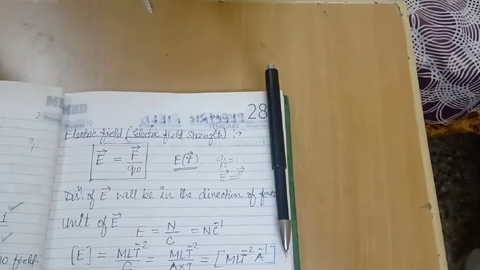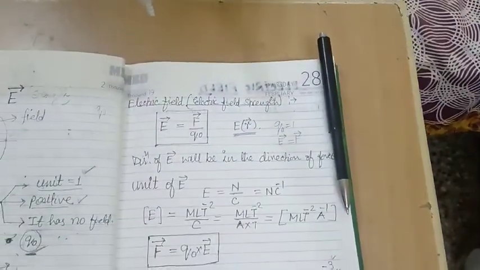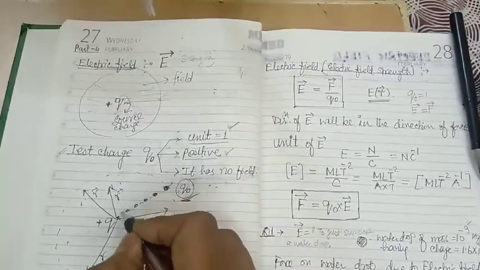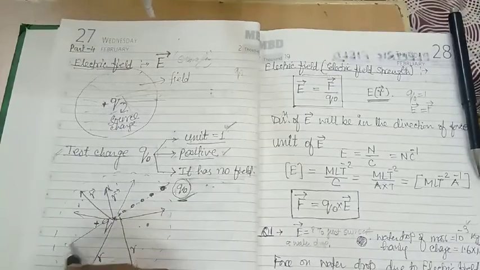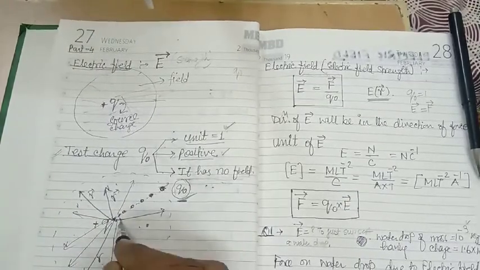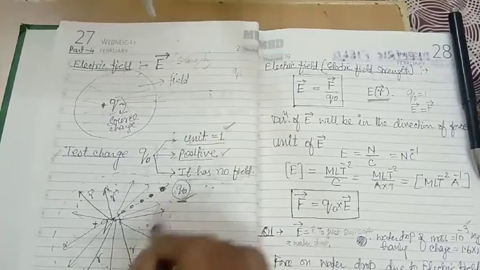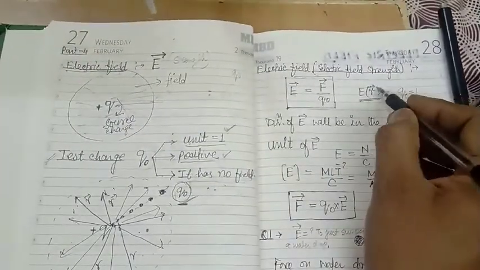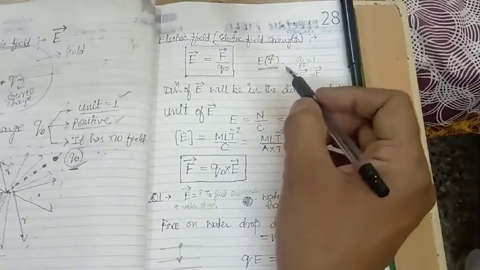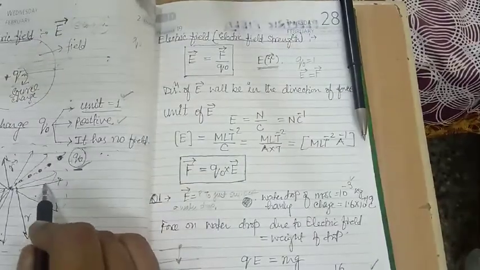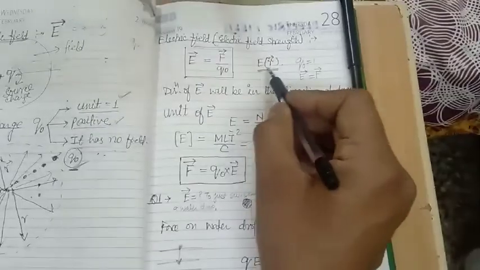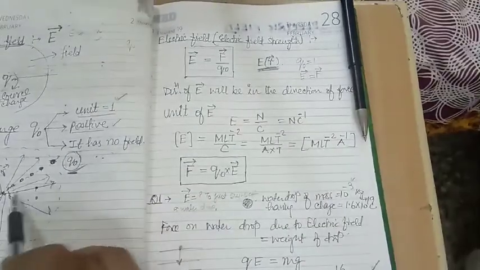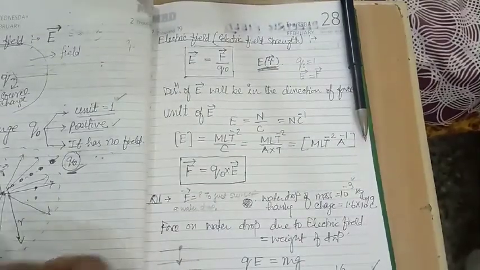And as you can see here, it is not a particular point where the electric field exists. You can see it on this side also, this side also, everywhere. It is all around. So we can also say that electric field is a function of position vector R, the position at which we are keeping our test charge. This is a very good example of a vector field, because everywhere there is a vector with a unique direction.